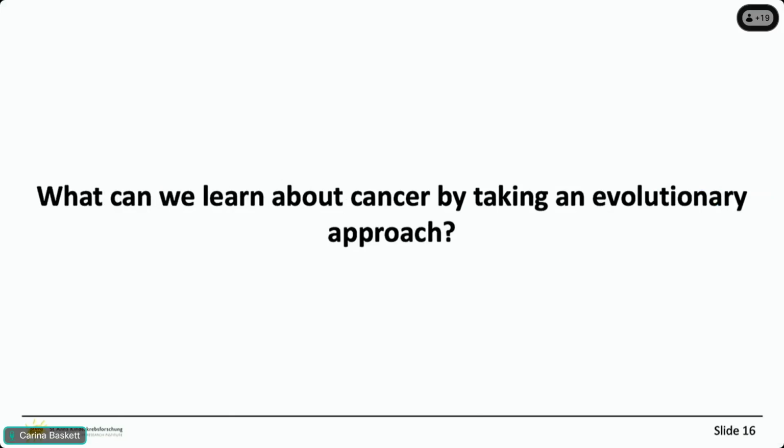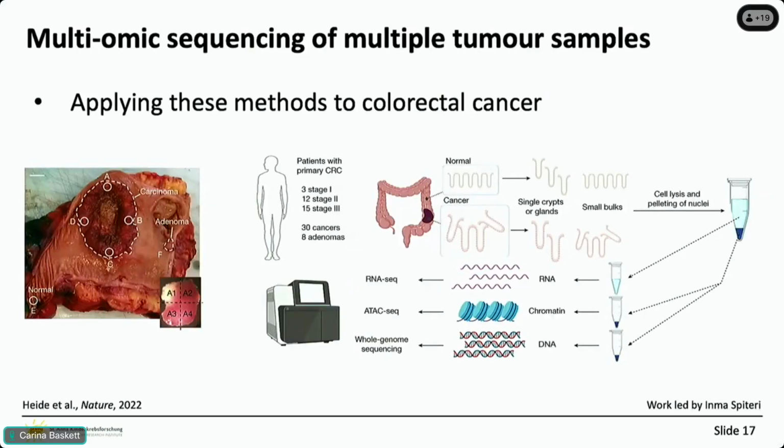So now I'll show you some research, some short stories across the past of different things I've been involved with, like I said, mostly coming from my postdoc work. And a slight warning, you actually saw it already because I think we moved to that slide, but the next tumor picture is a little bit gory. So sorry about that. But in this study that we performed in colorectal cancer, for example, we wanted to apply this method of multi-region sampling and sequencing.